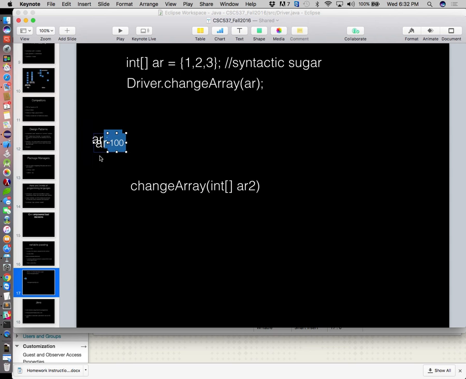So we have a variable down here named AR2 with the exact same address. Then you had me create a variable called AR3, and you had me set AR3 equal to AR2. Well, what's the value of AR2? Same address. All of these guys point